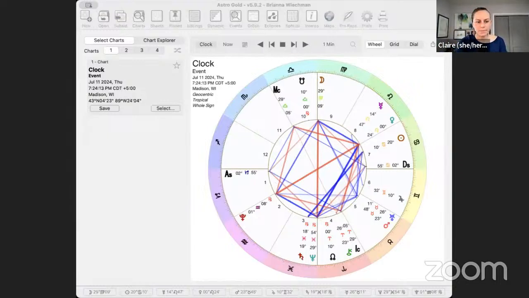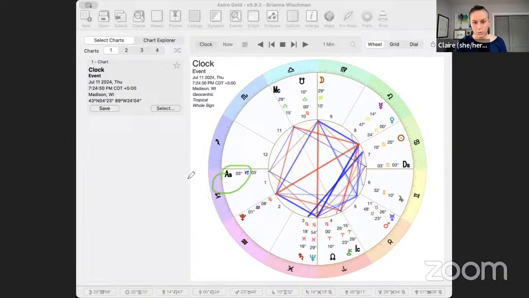The other thing is, of course, and I'm just going to rattle these off now, I'm not going to get into these too much, but in general, you want the ruler of the chart to be in good condition and strong. And you want the moon. Oh, we should have said this with the moon. Moon applying to benefics is generally good. There are some special rules for buying and selling that are kind of counterintuitive in my opinion. But for the most part, when the moon is applying to a benefic like Venus or Jupiter, we like that. That's usually what we're going for.